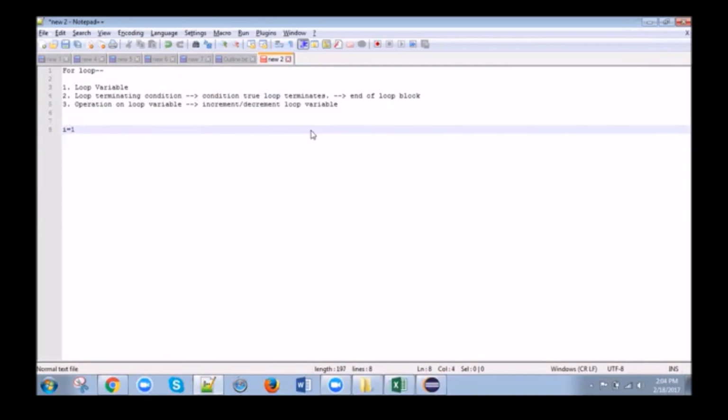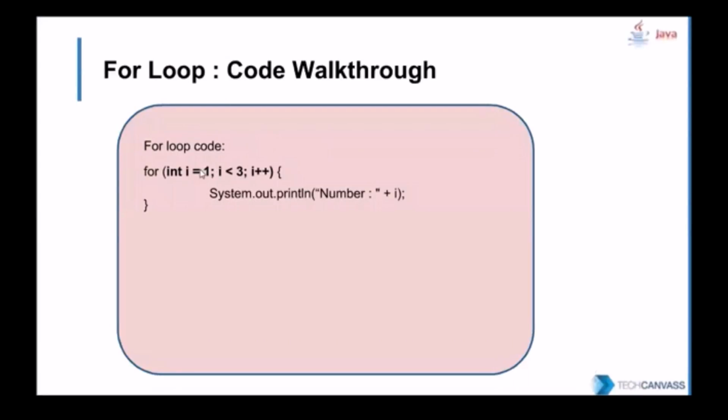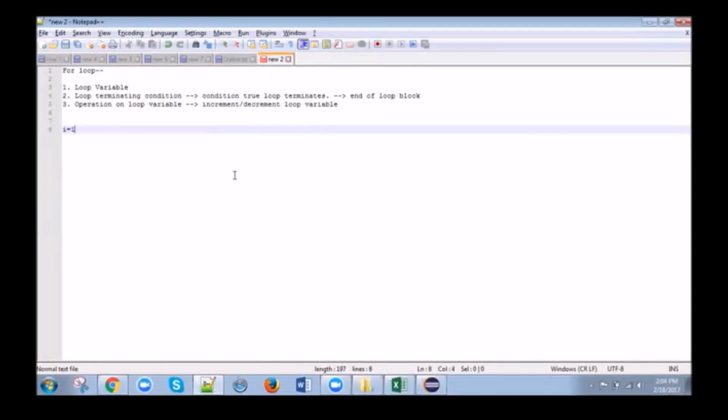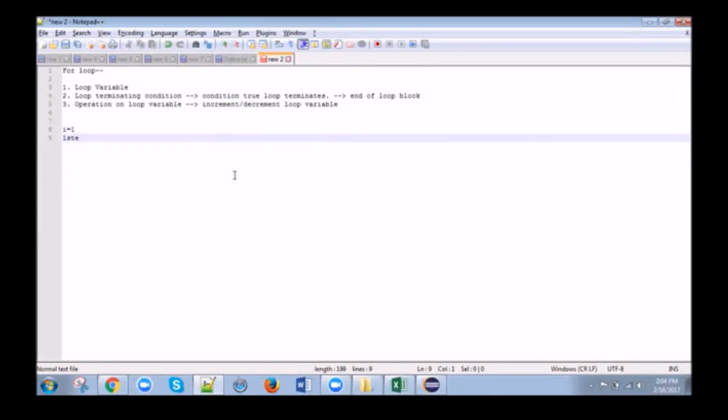We are assigning the value of I as 1, correct? In the initialization section. Then we are checking a condition. Okay, so in first iteration,